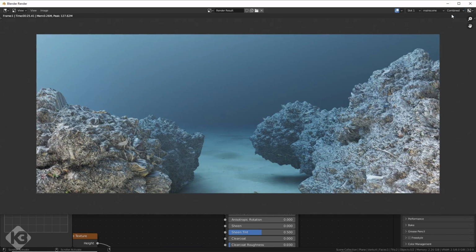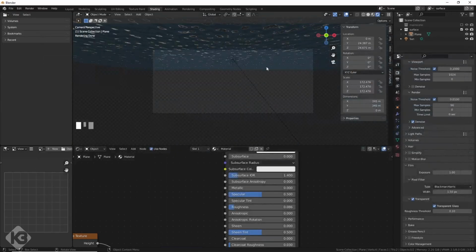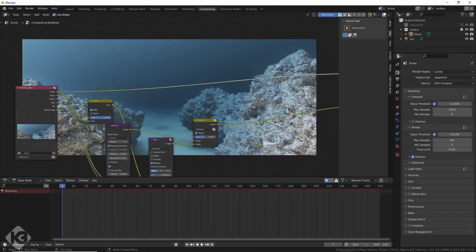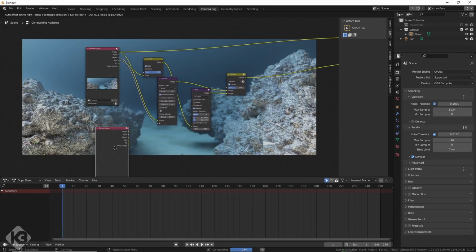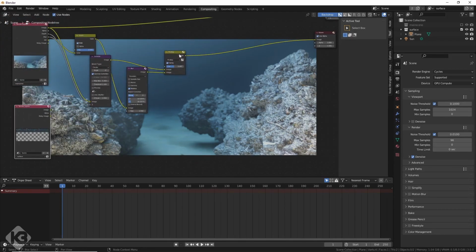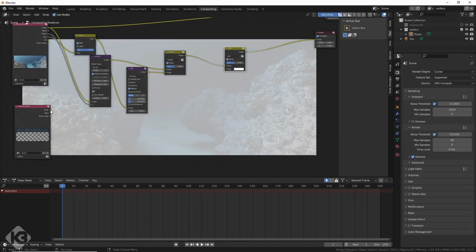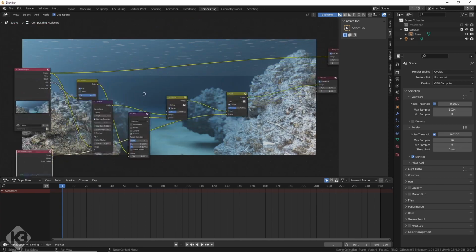Okay, so we have main scene and surface. Okay, so now this is cool. If I go back to compositing, I can duplicate this guy. All right, this is one way to do it. Duplicate them, and then I can say main scene, and I can change that to surface. Now it's just this, and then I can say multiply. I can hit Shift D. I can change multiply to say screen or add. Okay, plug this into here, and now I have this